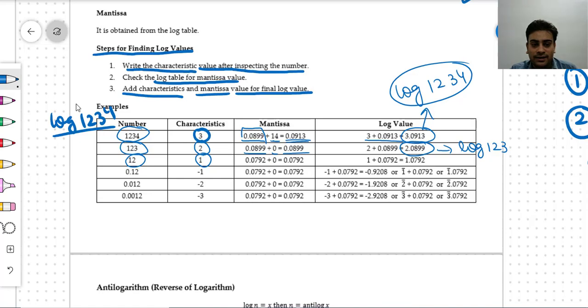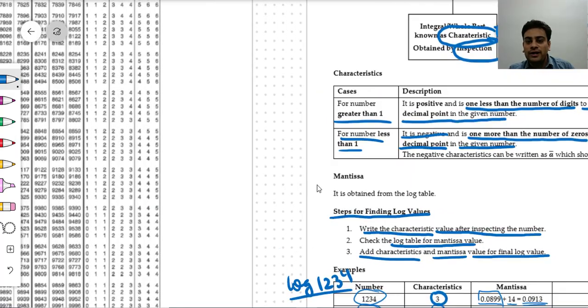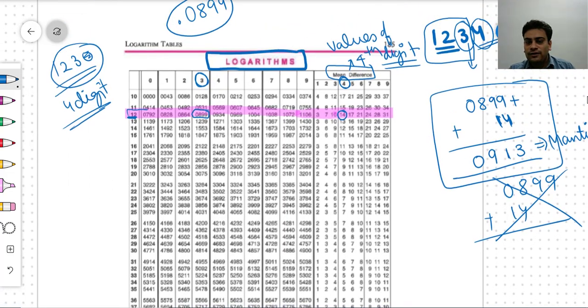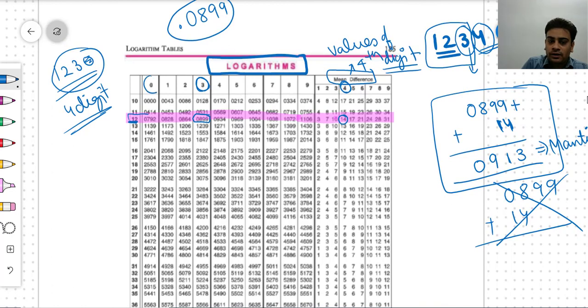So now we look at the Mantissa part. My number is only 12, so I don't have the third digit and also the 4th digit. In this case we always take the third digit as equal to 0, because we need to find the values here. So the Mantissa will be 0792, because we only have the first 2 digits, and for the missing third digit we always look at the first column where we have a 0 value in the third place. So basically the Mantissa is 0792.